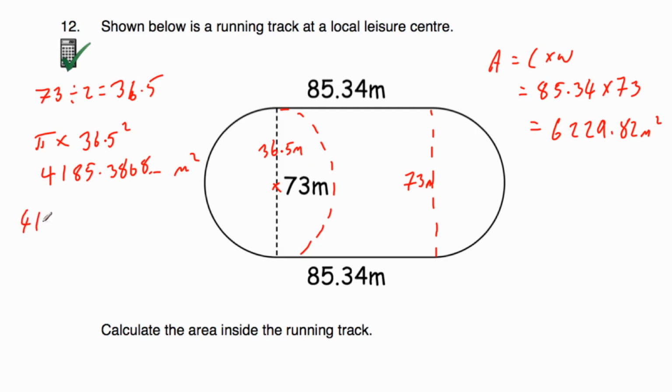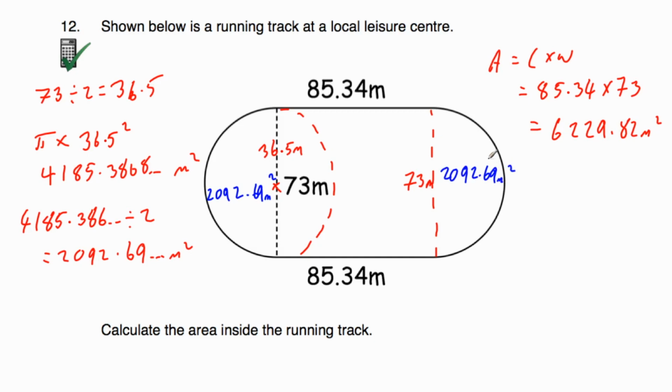So we're going to do 4,185.386 and so on, and divide that by 2. I've still got that on my calculator display, so I can press answer divided by 2 equals 2,092.69 and so on meters squared. So the area of this semicircle is 2,092.69 meters squared. The area of this semicircle would be the same, which is 2,092.69 meters squared. And the area of this rectangle in the middle was